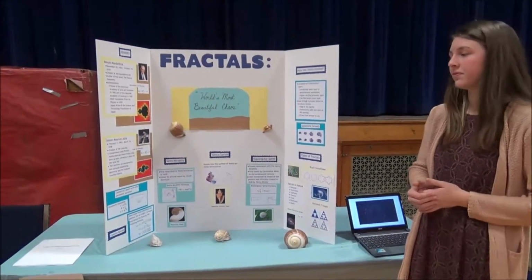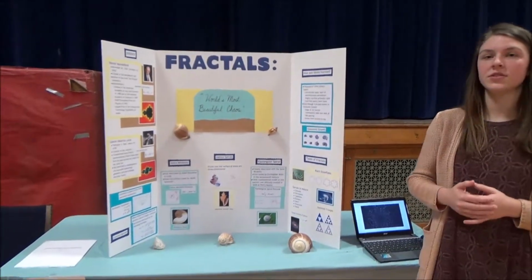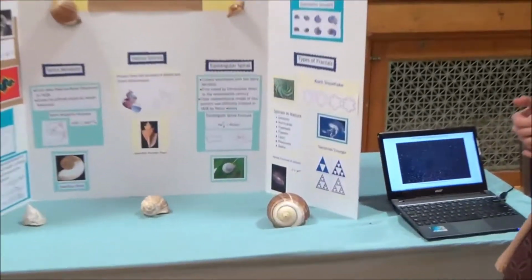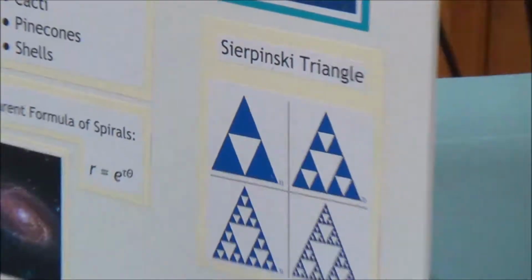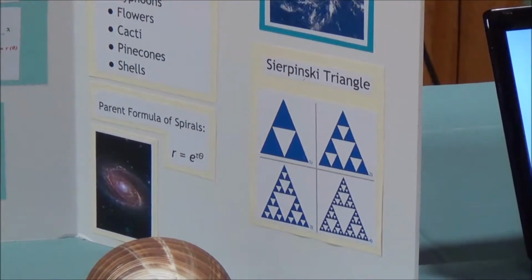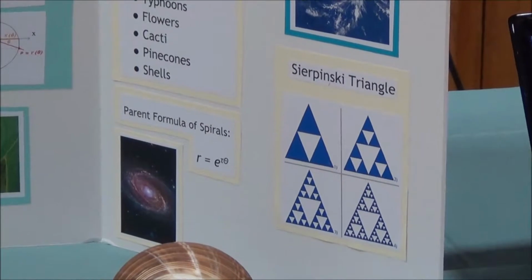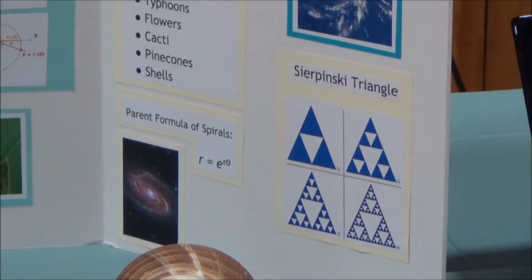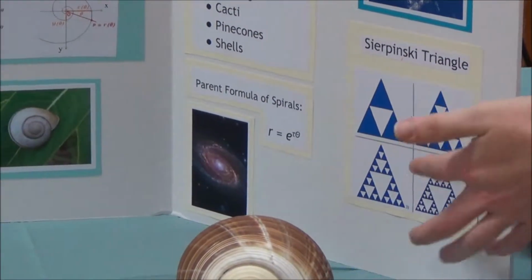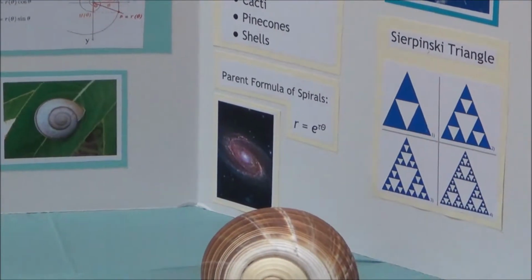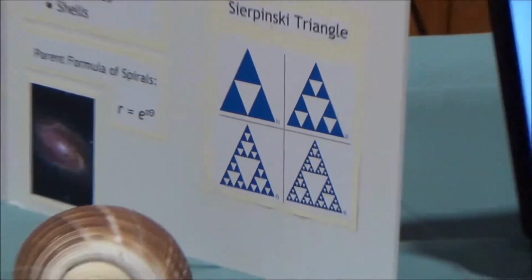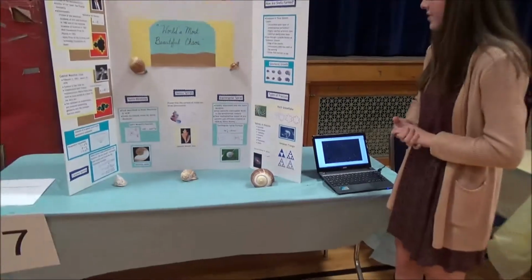Another type of fractal that is found in the world is the Sierpinski triangle. The Sierpinski triangle will start out as a regular equilateral triangle, but again, it will follow a factor of 3. So in its next step, it would be broken down into 3, then 9, 27, and so on. And this again can go on for an infinite amount of steps.